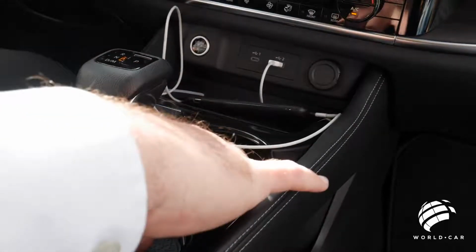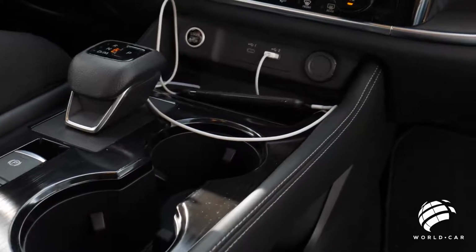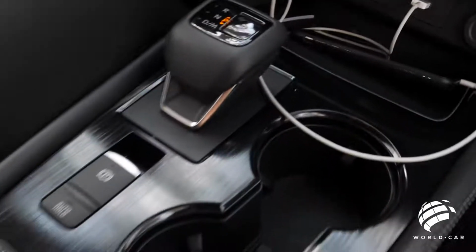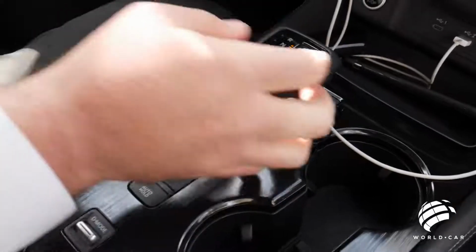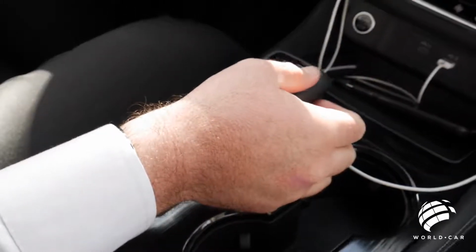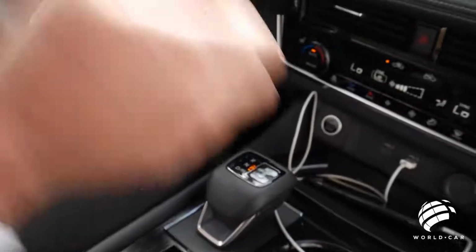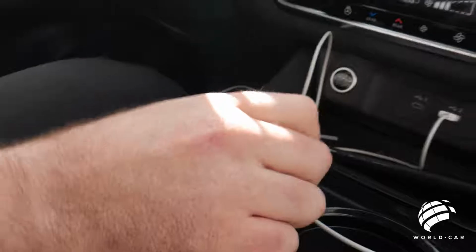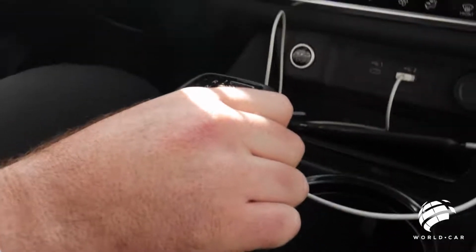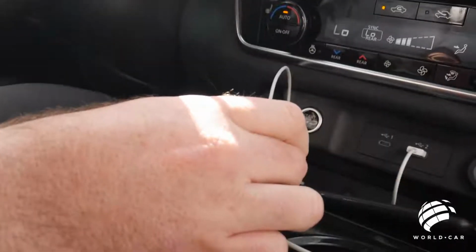Now the new big feature for the Rogue is going to be the shifter for the CVT transmission. It's all electronic now, so no mechanical linkage to it. Kind of similar to our Nissan Leaf if you've seen those before, in the sense where you have your park button, so once you get to your destination, by simply hitting park, it puts the vehicle into park. Now you want to go into reverse, you just push the button up or down to do so. There's a button on the side, push that, hold it forward, vehicle is now in reverse, pull it back one spot,